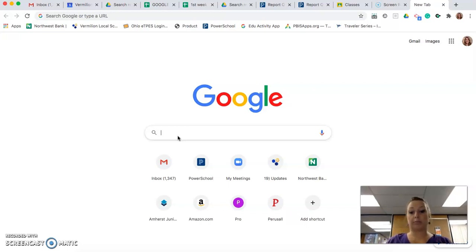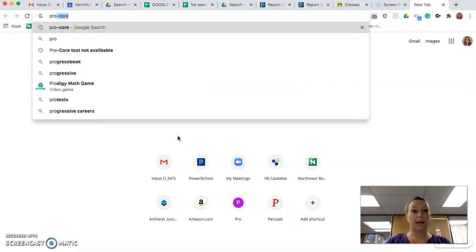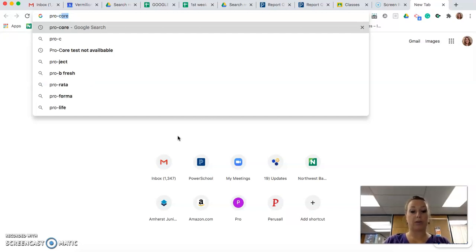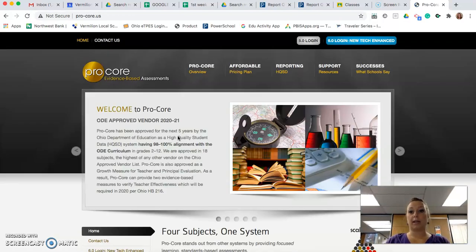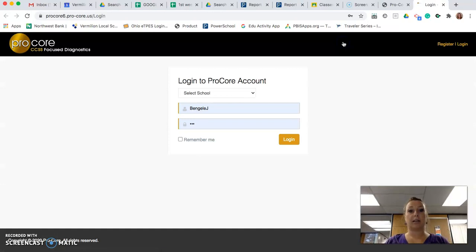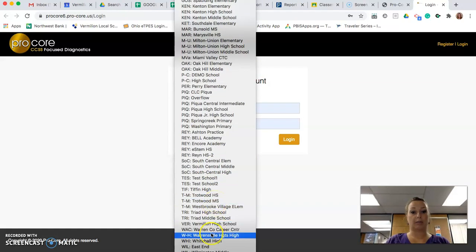And I'm just in a browser tab, and I'm going to type in pro-core.us, and it'll take you to this screen. You'll notice there are two login options in the upper right hand corner. You are going to select 6.0 Login New Tech Enhanced, and then you are going to use a drop down menu to select Vermilion High School